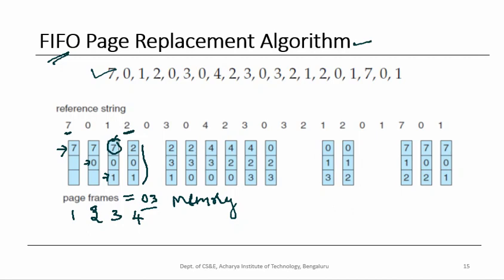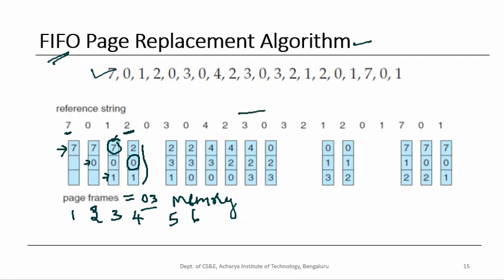Okay, next there is a reference to 0. Now this is not a page fault because this page is already there in the main memory. Next there is a reference to 3, but 3 is not there in the main memory. So a page has to be replaced. Which page has to be replaced? Now 0 is the oldest page, so this will be replaced by 3. So that is a page fault. Okay, so similarly now there is a request for 0, and 1 is the oldest page, so it will be replaced. There is a page fault.